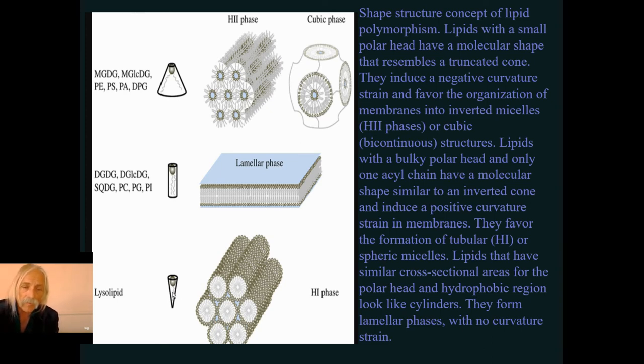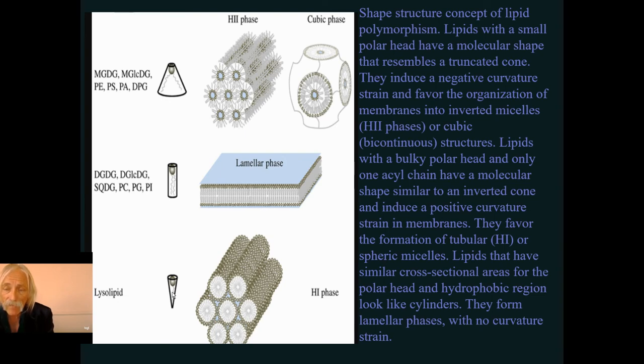It's down here. It's the lysolipid, right? And it induces a positive curvature. So you can have a negative curvature or you can have a positive curvature, depending on the acyl chains interacting with each other, the length of those acyl chains, in productive ionic hydrophobic turnover events with the polar head group and the aqueous milieu, and of course all the proteins embedded within, which can be either all the way from hydrophobic to hydrophilic, and every protein is like that, various regions, depending on the amino acid sequence, right?